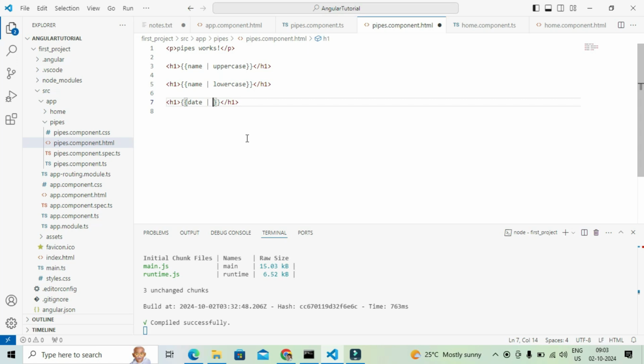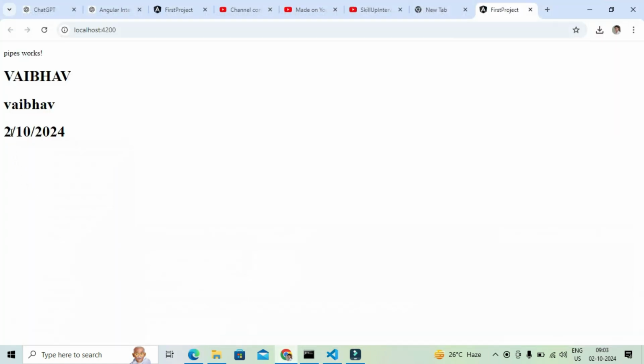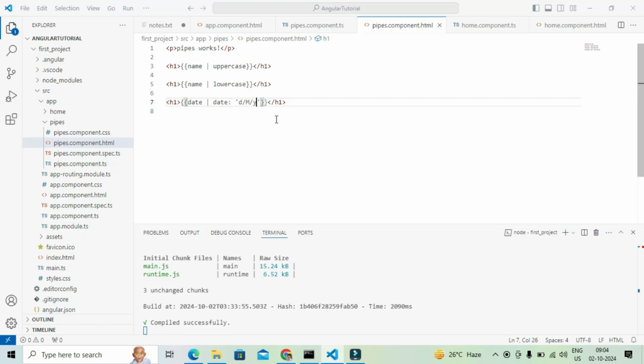So now here we will use date colon, first date, then month, M should be capital, and then Y. If I save this and check the browser, see, it just came as date 2nd October 2024, right? So this is the way we can modify our dates as per your convenience using the pipe symbol.